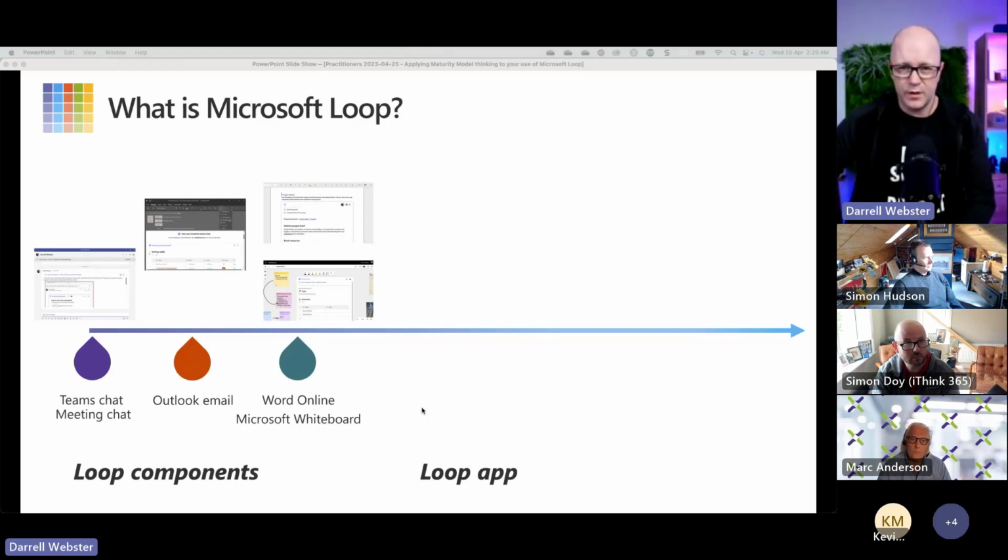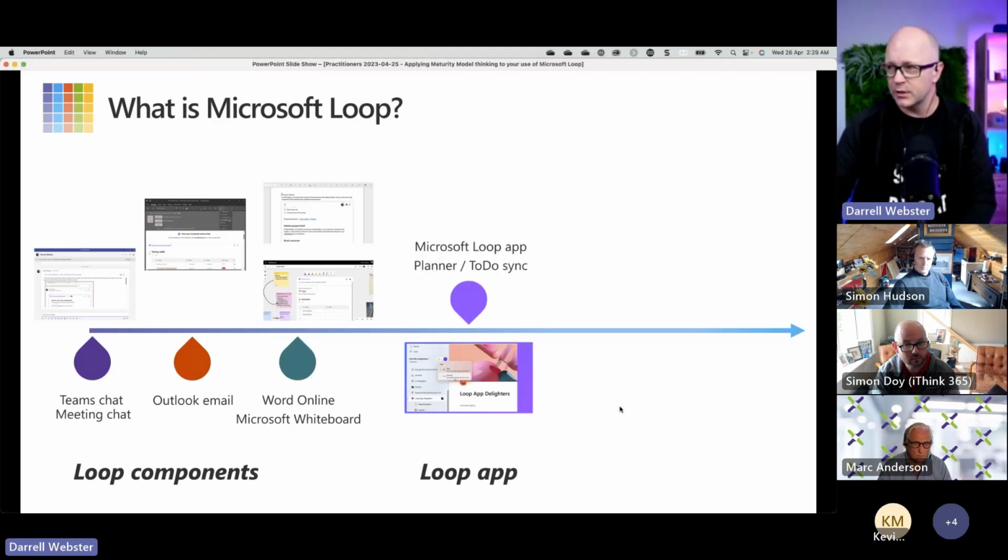So Whiteboard's going to fit that space, and that's reasonably new too. The Loop app turned up a couple of months back, and along with it, this mysterious task list. I can create a task list, and it happens to synchronize with Planner and To-Do in the background. That's kind of handy. So that set up the